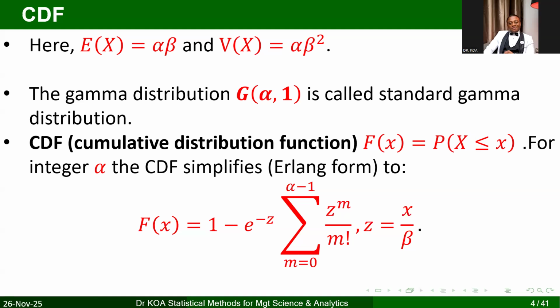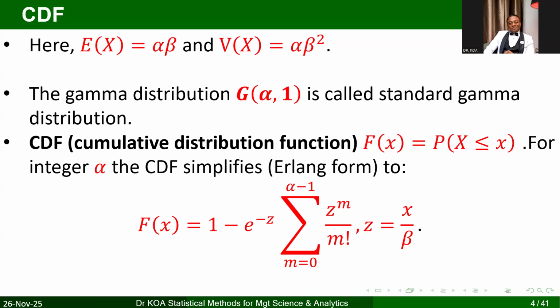Now, this Erlang distribution was developed by a certain man known as A.K. Erlang. And what they were doing was to examine the number of telephone calls that might be made at the same time. So let's say you are making a telephone call in your house. I'm making my telephone call. We are all making the same telephone call at the same time to the operator of the switching station or something like that. And therefore it will have a two-parameter